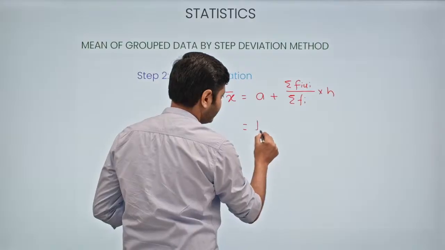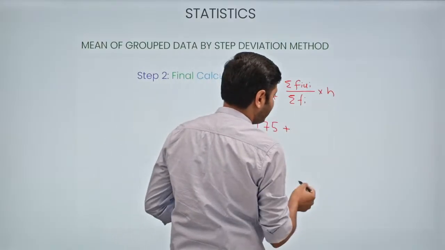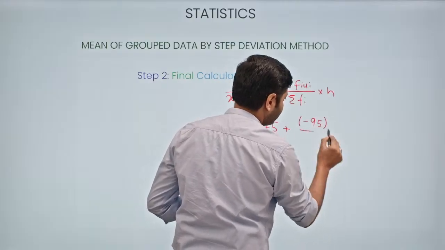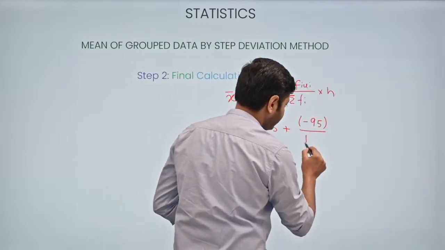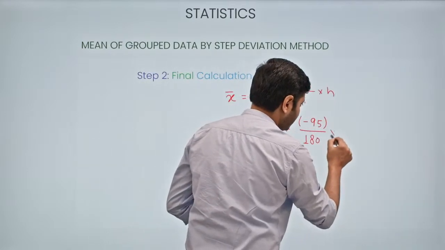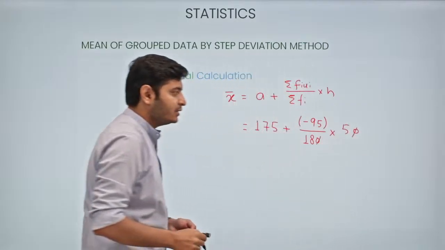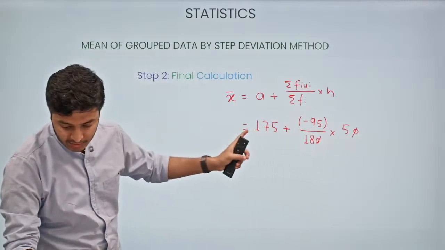Value of a is 175, the assumed mean. Summation fi ui is minus 95. 95 it is, no? Yes. Summation fi is 180 and into h, 50. 0 and 0 can cancel each other. Now after calculating this value, it is coming out to be around